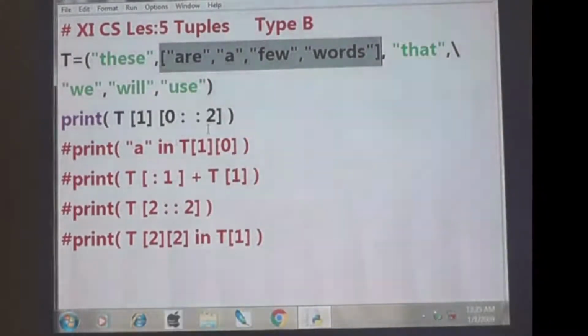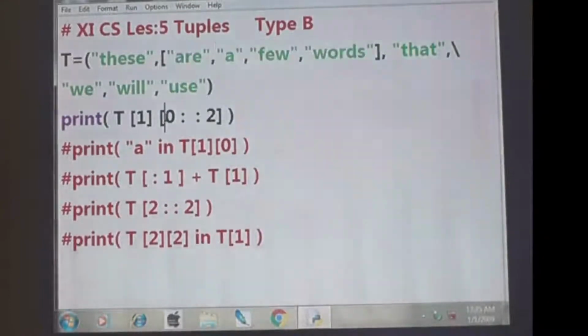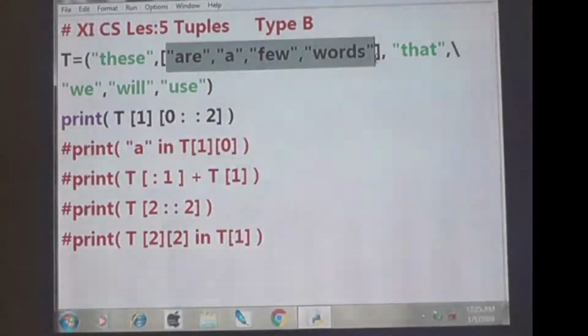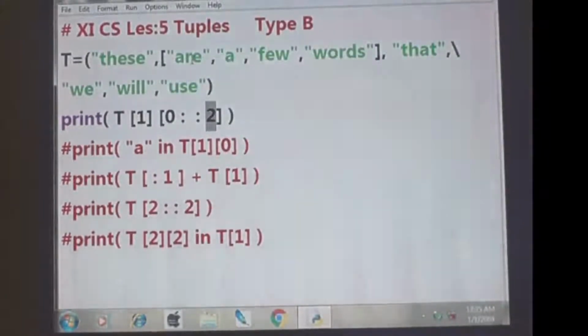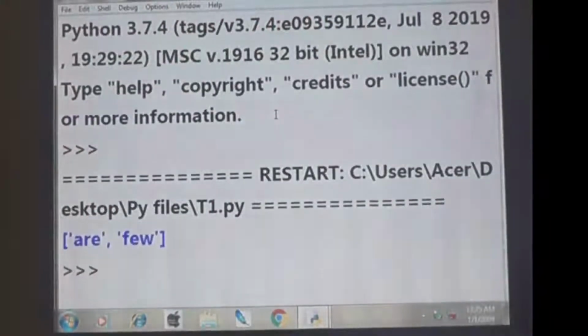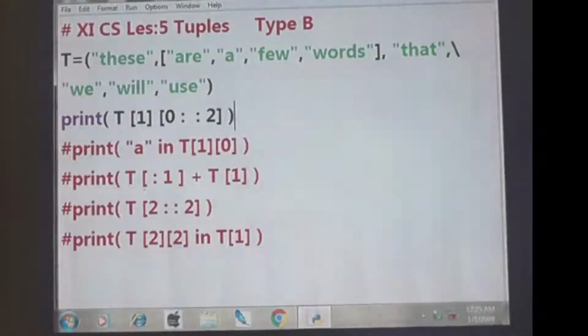Then 0 to end means, among the selected portion, from here to here we have to select, with step 2. That means R, step 1, step 2, few. So R and few is the answer. So that's why if I give F5 you get R, comma, few. Clear, students? Okay. We are going for the next one.